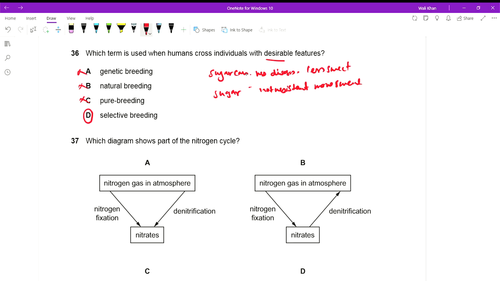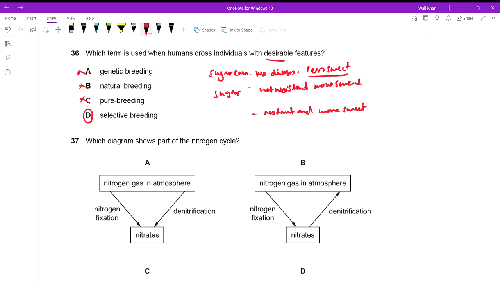with selective breeding, cross them and then produce a desirable variety which is resistant and more sweet. So we choose features which are less sweet, non-resistant, resistant, non-resistant and more sweet. Okay. So we choose these desirable features, and produce a more resistant variety with more sweet. Okay. So the option is D. It is selective breeding. So that type of breeding you can also experience in animals. For example, in domestic animals like cows,